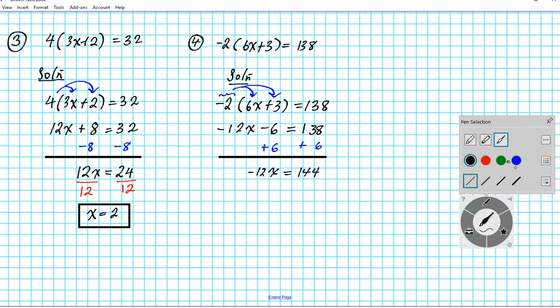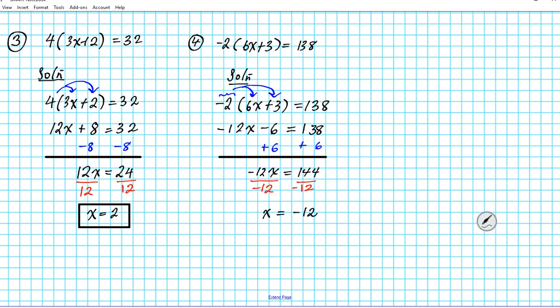Now to get x isolated, we're going to proceed to divide both sides by negative 12, the coefficient of x, and that will yield the final result. X equals 144 divided by negative 12 will give us negative 12. Remember, whenever you divide different signs, the result is always going to be negative. Okay? Alright, let's move on to question